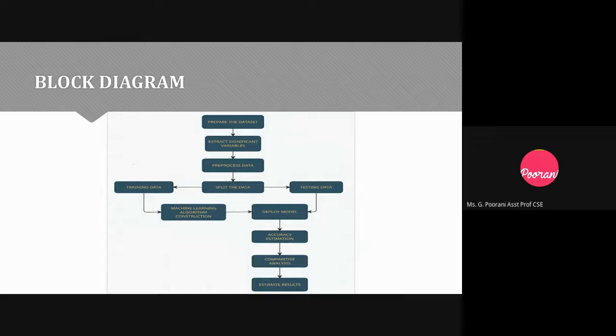Explain that. So as I had discussed in the proposed system, the main idea of the block diagram is to prepare the data set and classify the variables, do the data cleaning, mining, etc. Split the data as training and testing, and we have the CNN algorithm in place where we split into layers, deploy the model, and conclude with the accuracy estimation and results, ma'am. So I think that overview suffices.